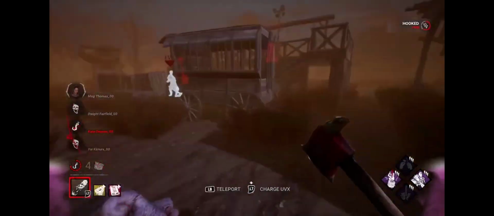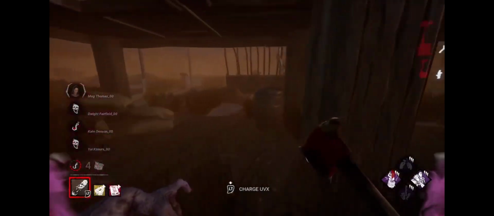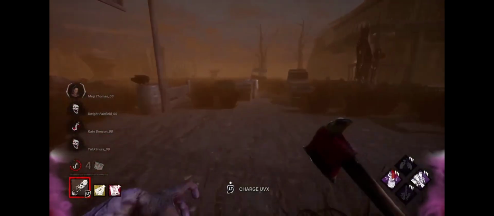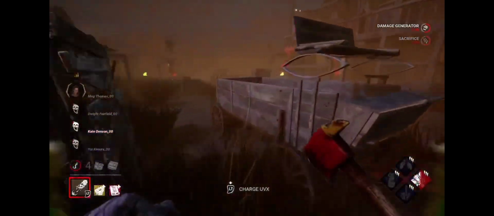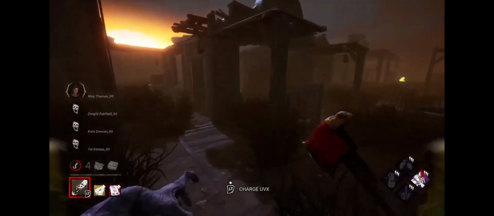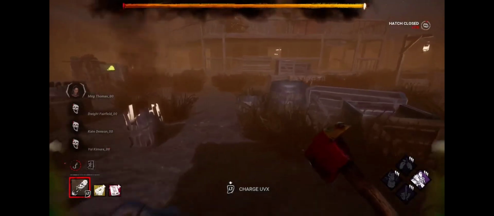So she's out. Now I'm looking for the last character, which is Meg Thomas. She's kind of the original character of the game. Everybody, I like her. I think she's cool, but a lot of people don't like Meg for whatever reason. The noises she makes and stuff like that are kind of annoying. So I'm looking for the hatch, because I didn't want Meg to get the hatch. And so now I spend the last